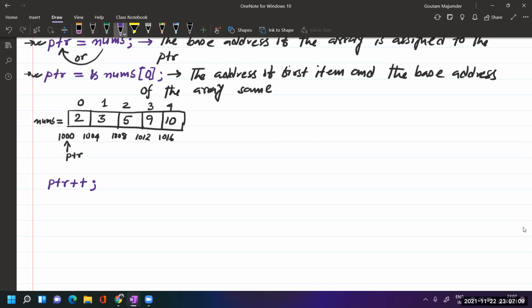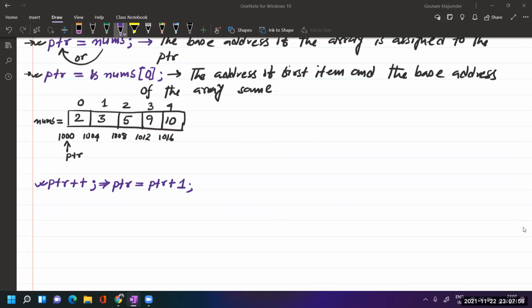We all know what the post increment operator normally does with the operand. It will increase the value of the operand by 1. So now what does it mean? It means that PTR will be updated, and to update, the compiler will do this operation. It will update the value of PTR by 1. Okay, so let us see in the compiler what it actually prints after performing this operation.